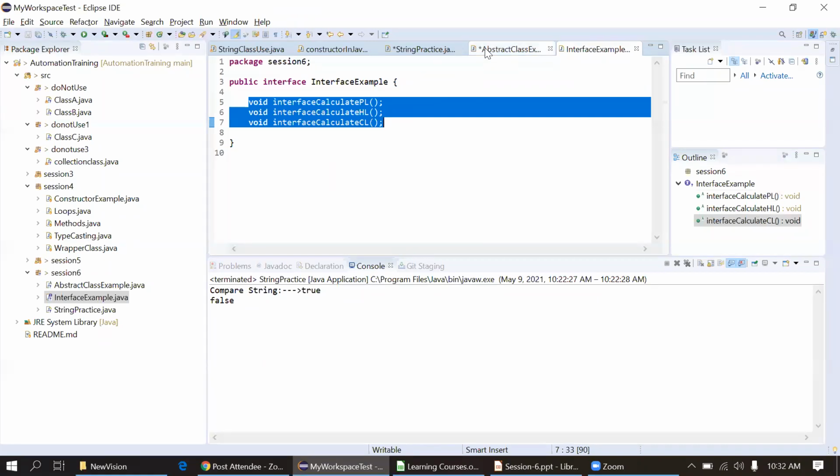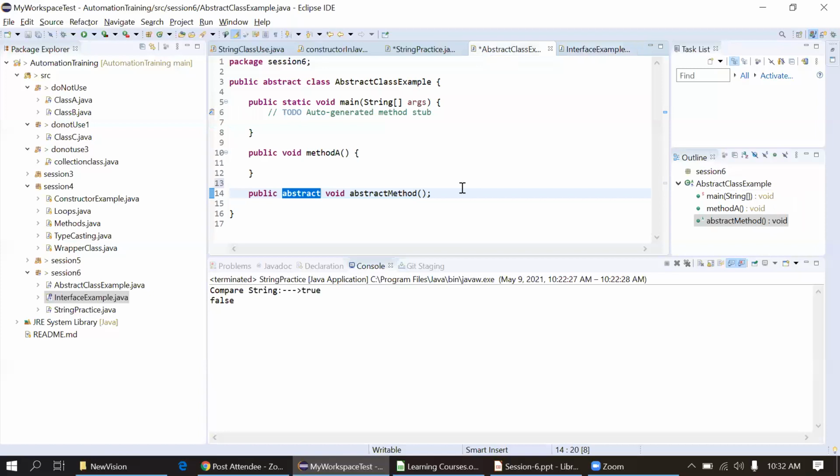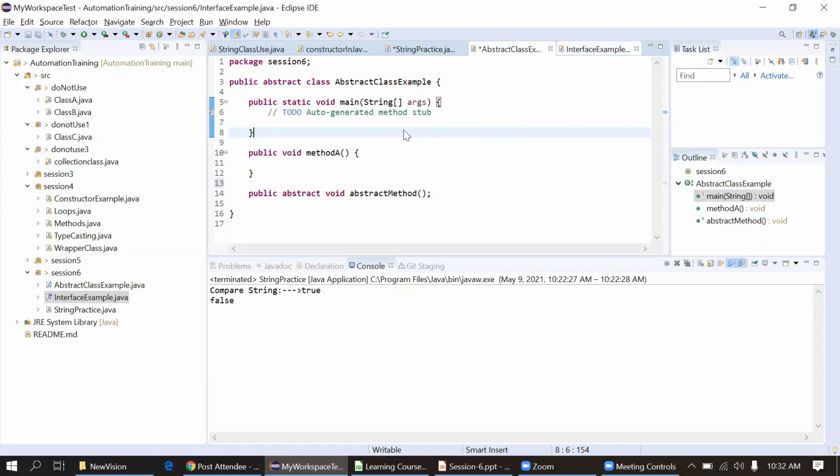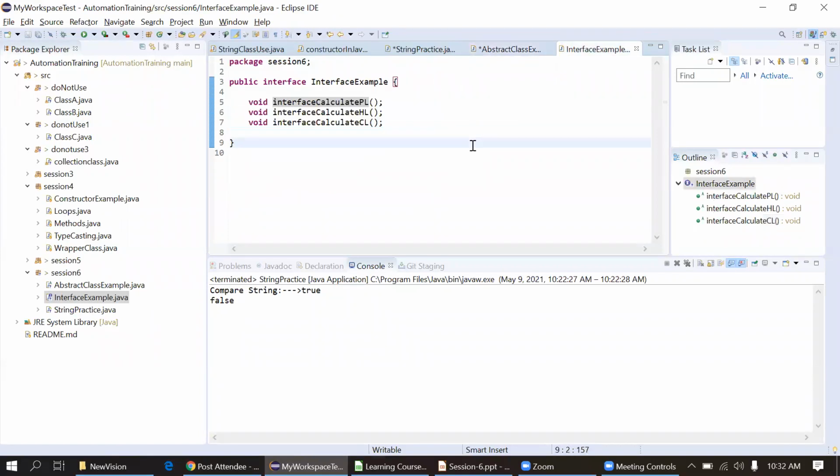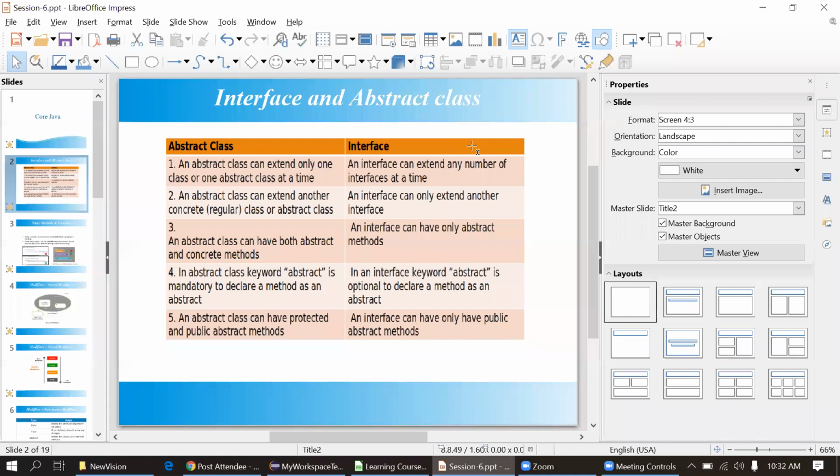And for a class, it can be protected, public, or default. There is no restriction. But for an interface, it should always be public. Just remember this, because it can be implemented by anyone. The access modifiers public, private, protected, and default, I will show in the subsequent slides today. So any questions here on the interface and abstract class, guys?